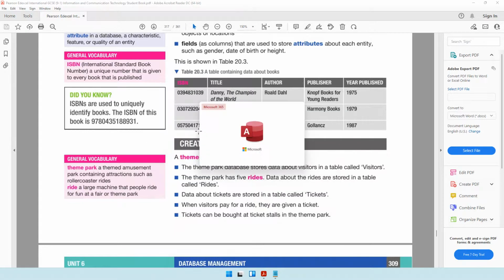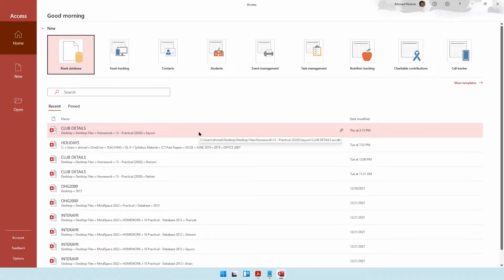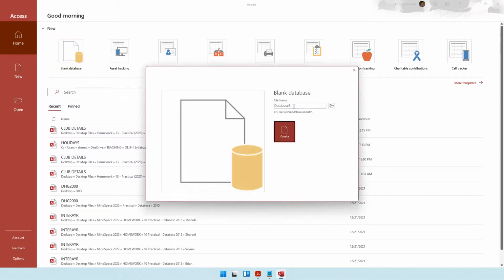Let's open it up. As you open it up, it'll ask you what type of file you want. For now we are going to be dealing with a blank database, so let's click Blank Database over here. As soon as you click that, the first question it asks you is, what is the name of your database? The name of our database is going to be called taxi hailing